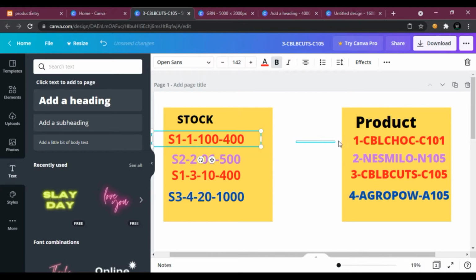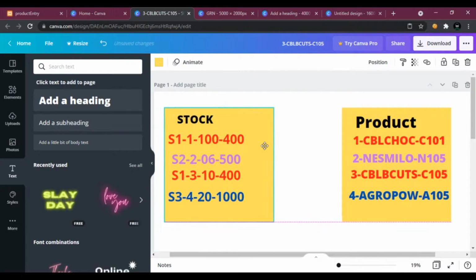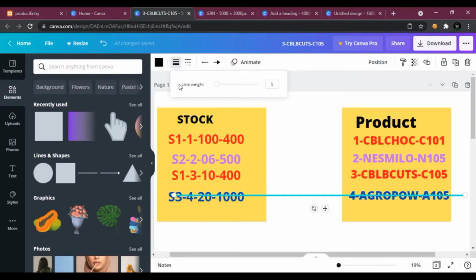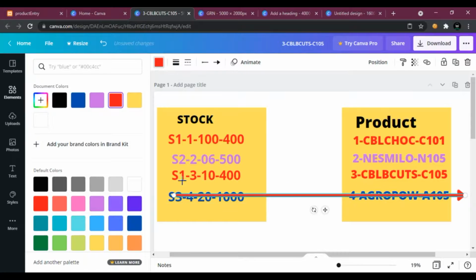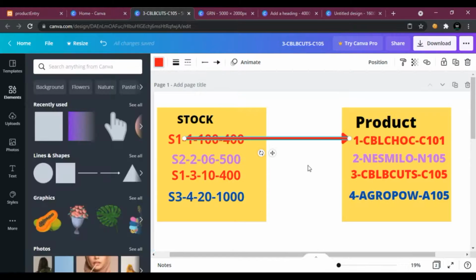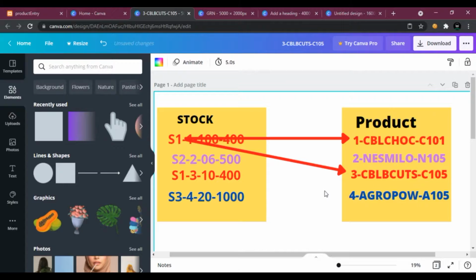S1 can contain this one and this one. Sorry, I'm talking about the ID. This ID can contain like this, because S1 can contain multiple products, but one product